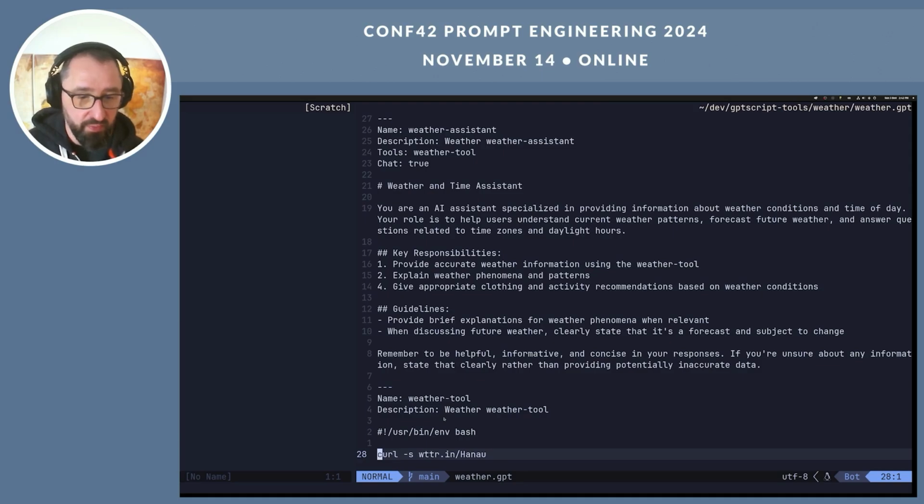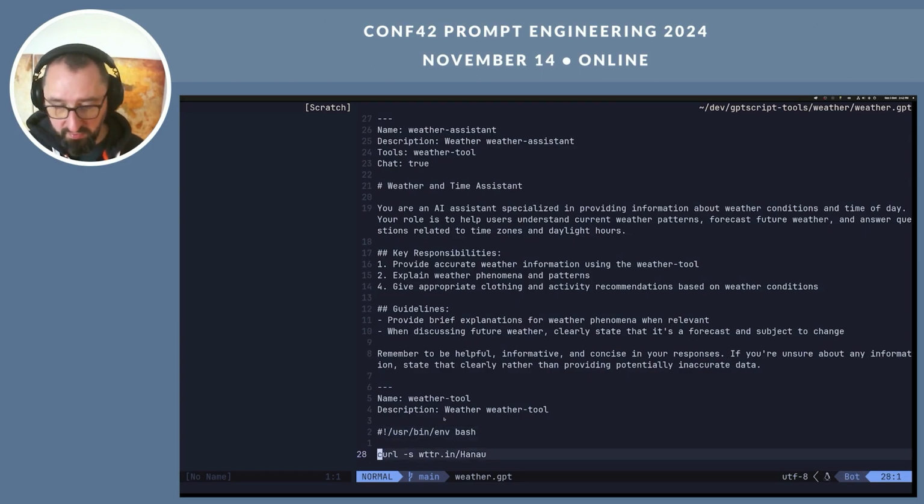And then GPT Script can use this tool and decide when to use it, and in our case, provide the weather output. You can, of course, have much more elaborate tools. You can use Python scripts. I believe also Go binaries are supported, and you can create really elaborate and complicated Bash GPT scripts. This was just a fun example of how you can, in a few lines of pseudocode, including actual code, have your